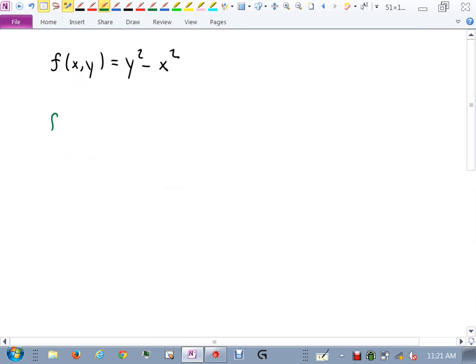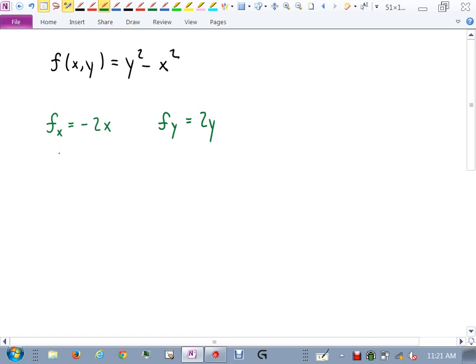So I'm going to take the partial with respect to x first. What is that? Negative 2x. Then I'll do the partial with respect to y next to it, that's 2y. And now, in order for me to find this point AB, I need to set each of those equal to